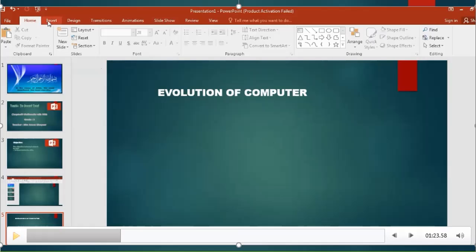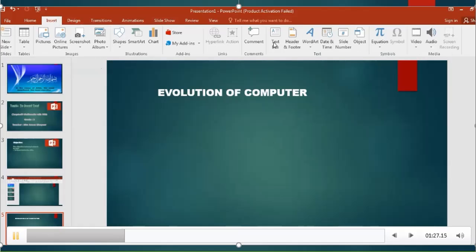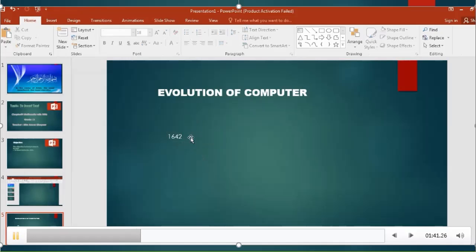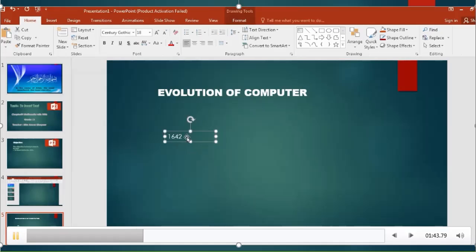If you want to add another text anywhere on this blank slide, for this you will repeat the same process. You will click on the Insert tab, you will choose Text box, and you will click on the desired area and drag your mouse. By clicking the left button of the mouse, a blinking cursor shows that you should add text over here, and we will add the years over here. And we will also format it, we'll resize it,